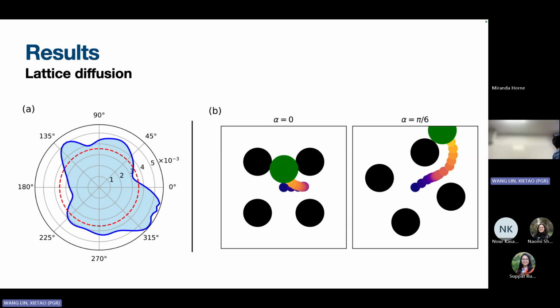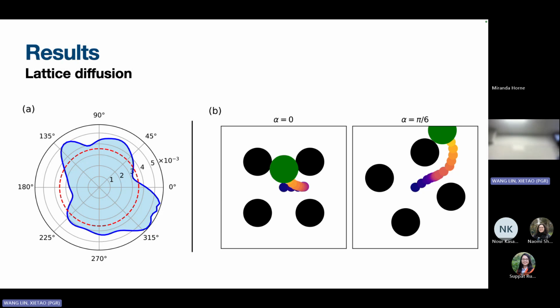And that's exactly what happens. So we tried a toy system with only 4 obstacles and placed a particle in the middle. If the particle escapes, it should escape through here. And all we did is rotate the system a bit, and the particle now escapes, even though it's the same system. So we do this for all angles,